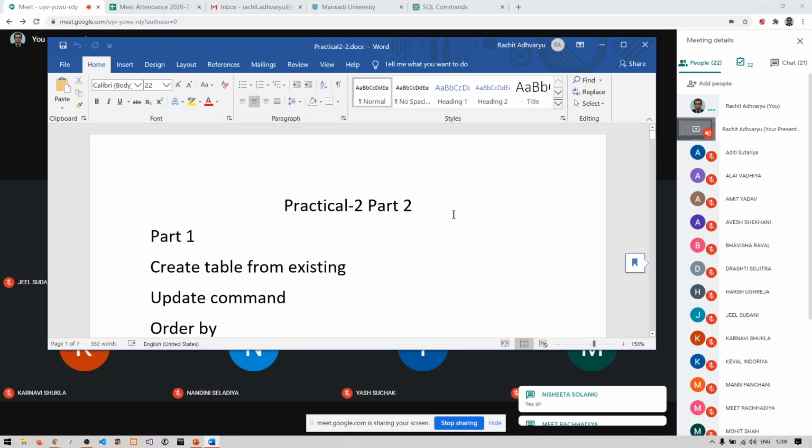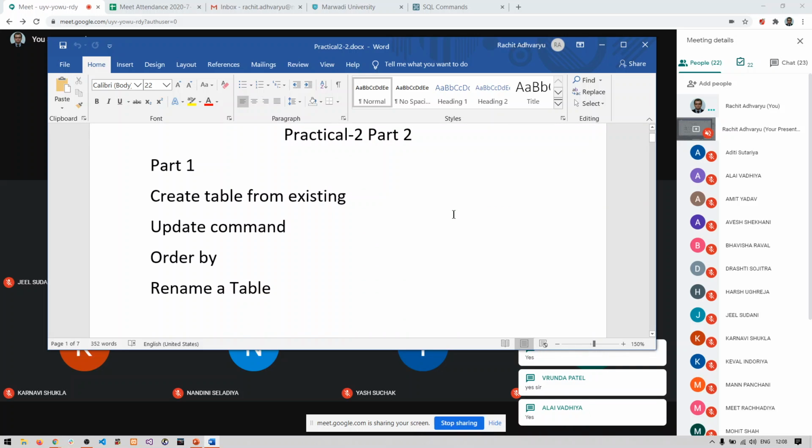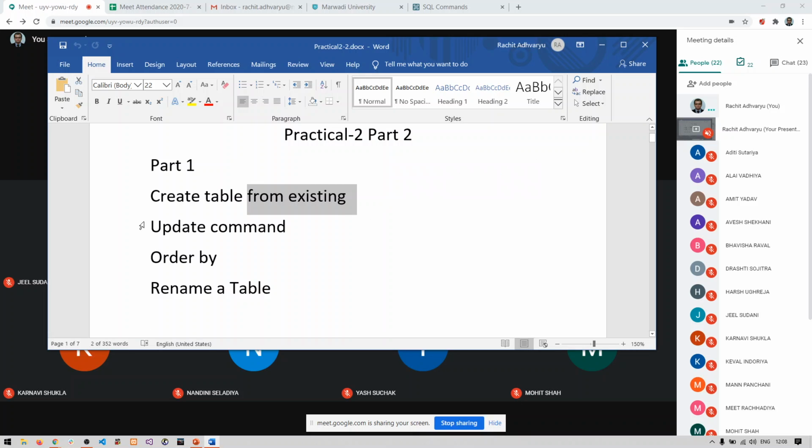Okay. So in part 1 of this practical 2, we have seen how to create a table from an existing table, how to use the update command to update data of a particular table, then how to use order by to sort our data in ascending or descending order, and lastly how to rename a particular table. So these four topics were covered in the last lab, that is practical 2 part 1.